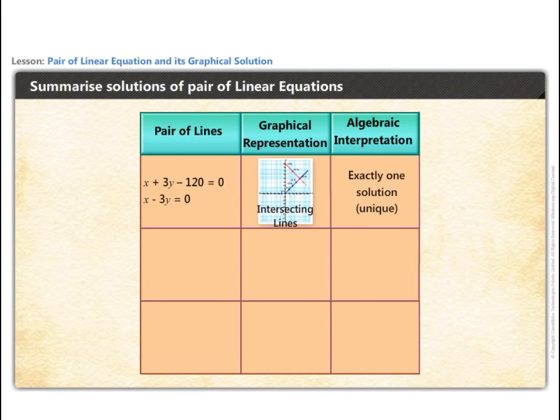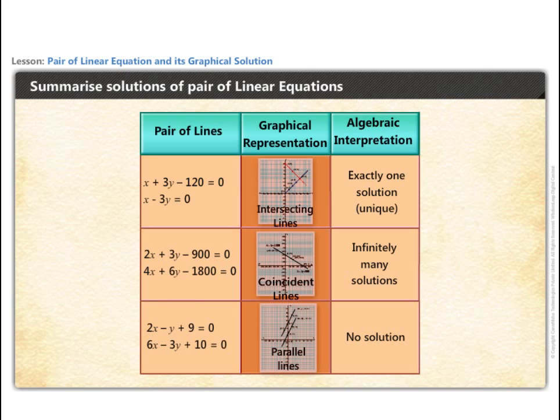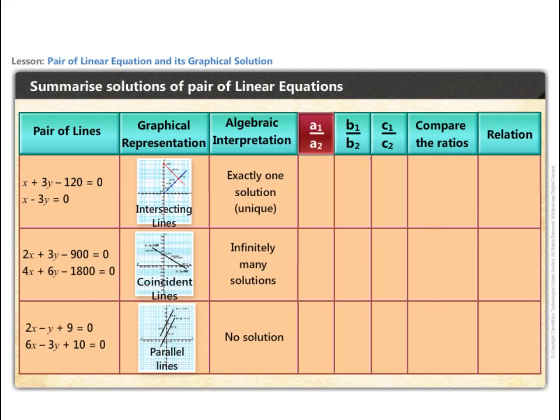Now, let us summarize the pair of linear equations formed by all the three situations and write down the kind of pair they are geometrically. Let us find out if there is any relation between their coefficients and the geometrical or algebraic interpretations. To do so, we start by finding the ratio of their coefficients. Let us write down the values of a1 by a2, b1 by b2 and c1 by c2 in the table below by comparing the pair of linear equations to their standard form, which is: